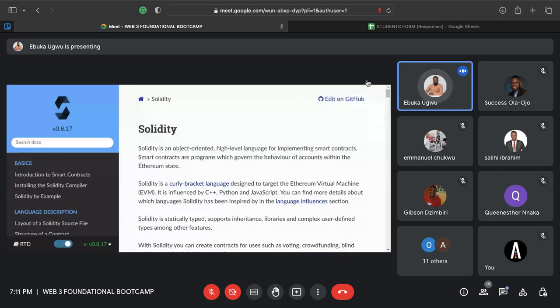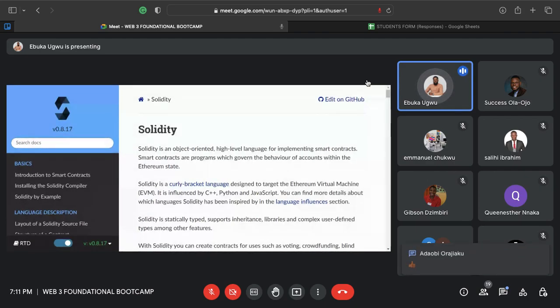Okay. Yep. Looks like we can see my screen. Great. Great. So when we go to the